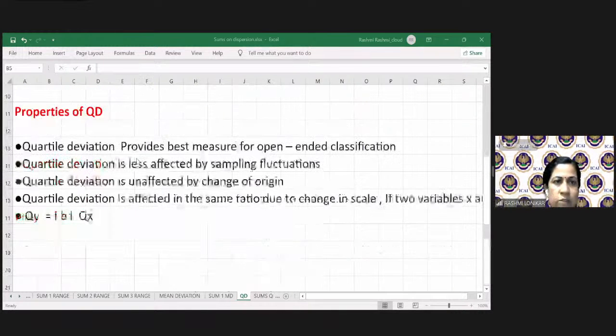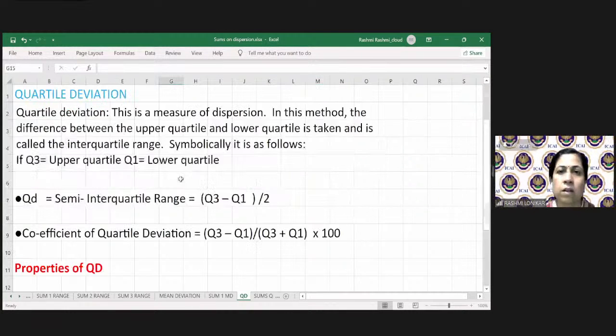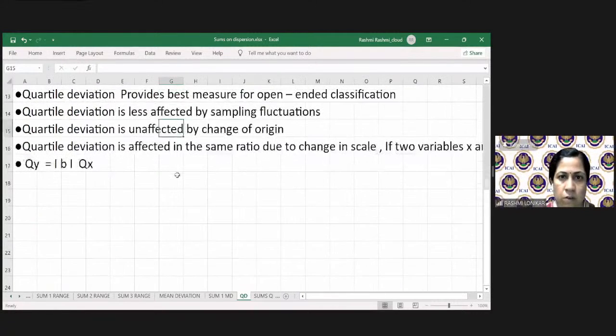So now let us talk about the properties. So what are the properties of quartile deviation? The properties of quartile deviation is that it provides the best measure for open-ended classification. So open-ended classification कौन सी होती है? जैसे अगर मेरे पास हो कि नंबर जो है अप टू 50, फिर उसके बाद अगर मैं ले रही हूँ। अच्छा हम नेक्स्ट सम करेंगे उसमें आपको दिख जाएगा।